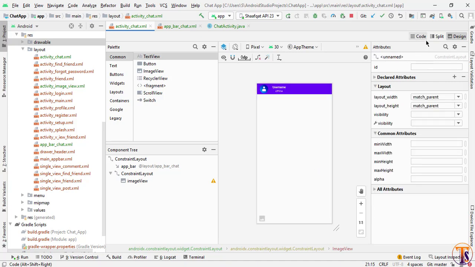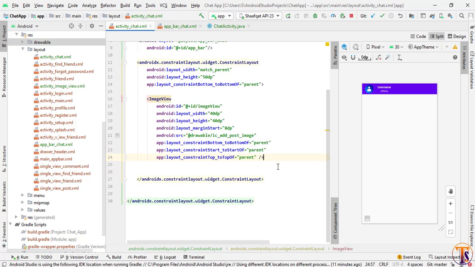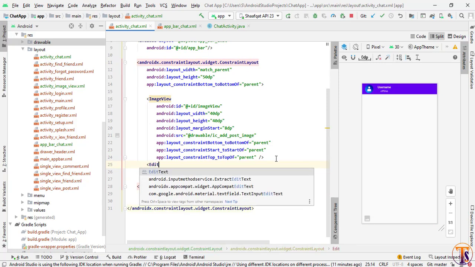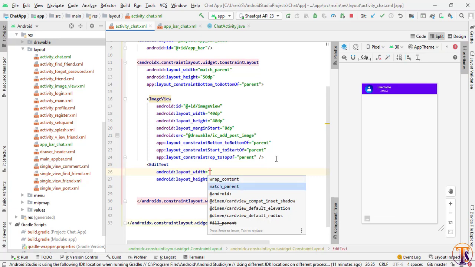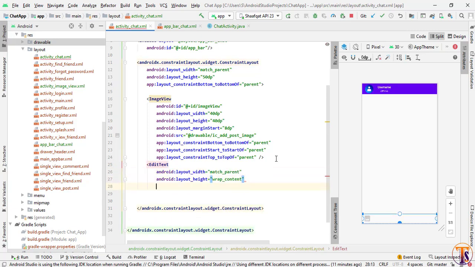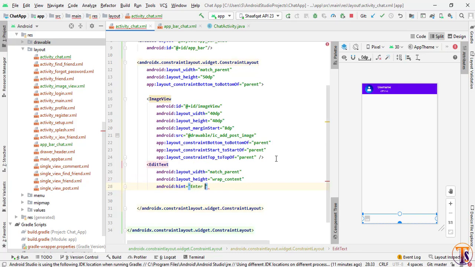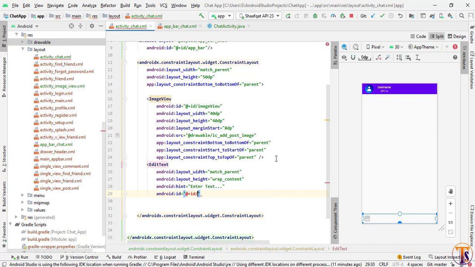Okay, now we need our edit text. So here we will add another edit text, not another, it's the first edit text. Okay, here I will type edit text. So now it's match parent, wrap content and give the hint. So here I will type enter text and give the ID, input SMS.